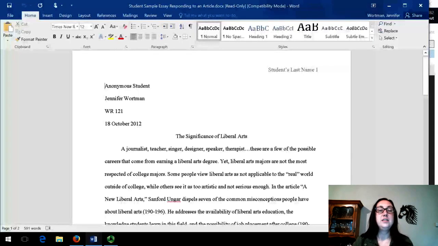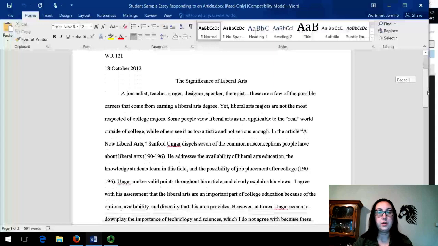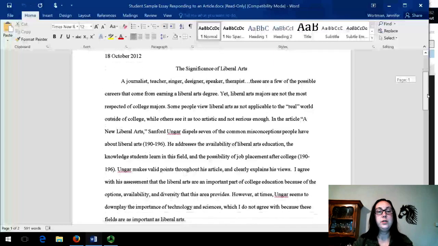But it gives you an idea of how to set this up, how to make the connections, how to keep everything together, along with seeing how those different elements of an essay all come together. What does this look like, or what does it sound like when it's put into one document? This particular essay is responding to an article, just like your essay will be responding to an article. And so I wanted to talk about what the introduction paragraph looks like